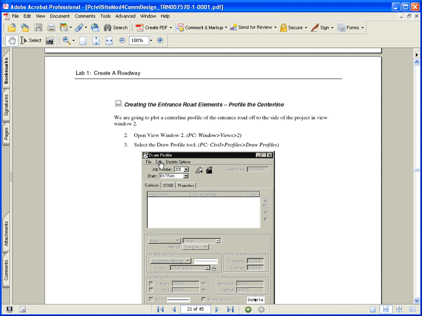We're going to use a tool called Draw Profile, which allows me to draw profile graphics anywhere in the design file that I desire and related to an alignment. And I'll be able to draw things like surface information, things that are in COGO, and also project information to a profile. So let's start with